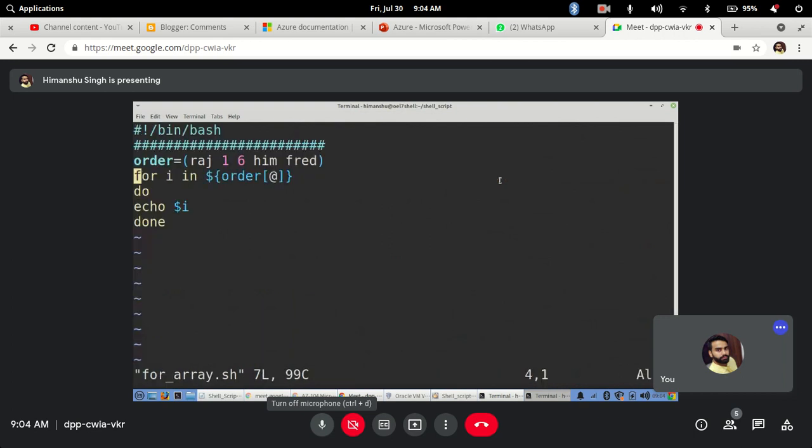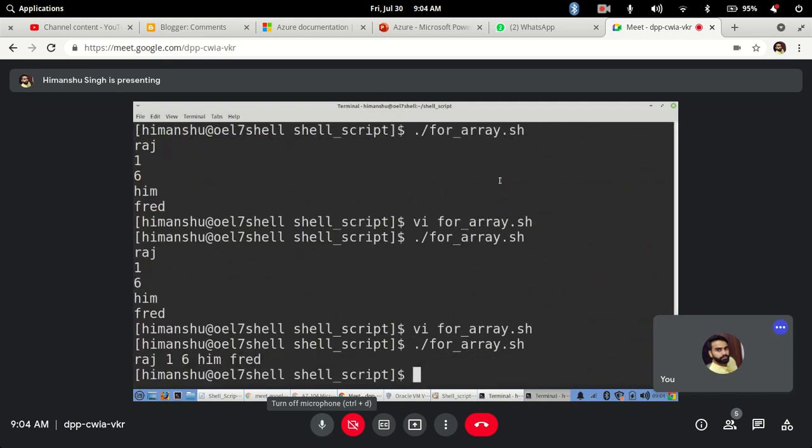Now let me show you. For now it will be the same results. Now see, if I have done like this, it is giving me the output in the same line, right?